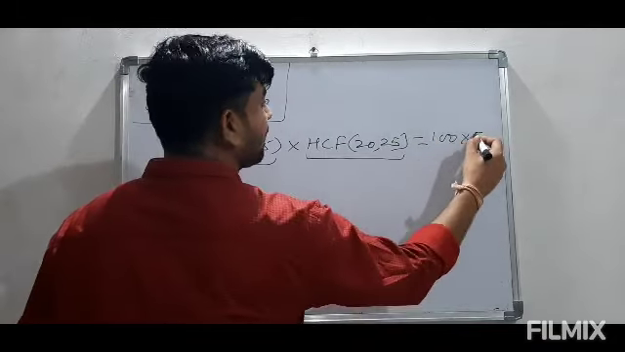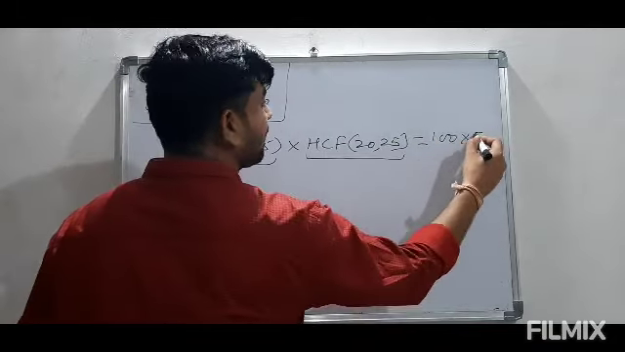So this is how we deal. Now let us write that in as a formula. So we can say if A and B are two numbers, then